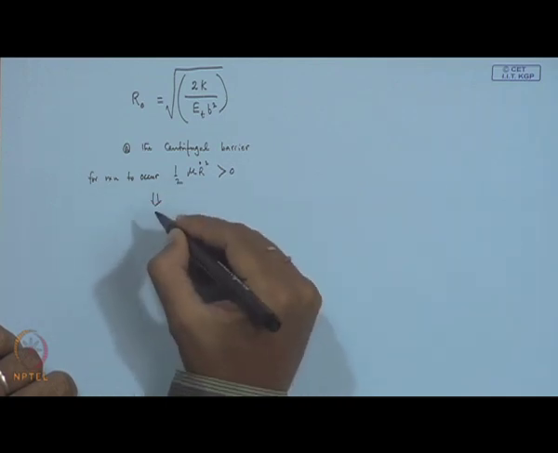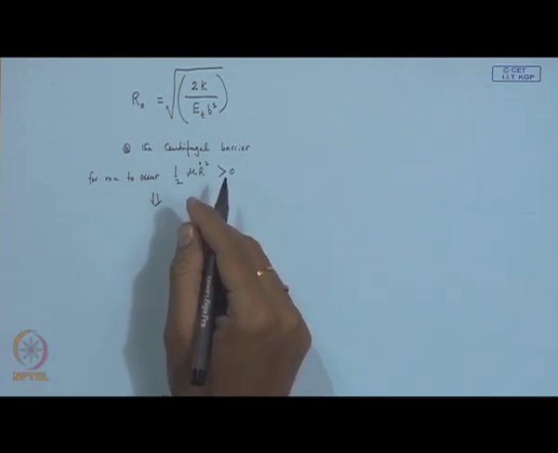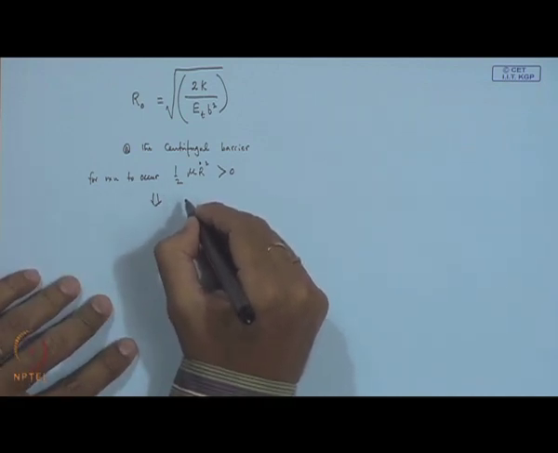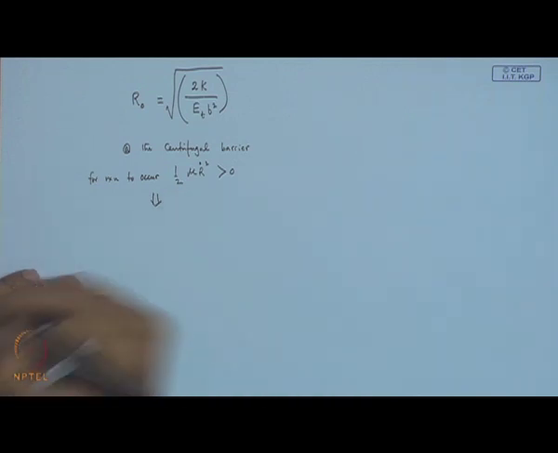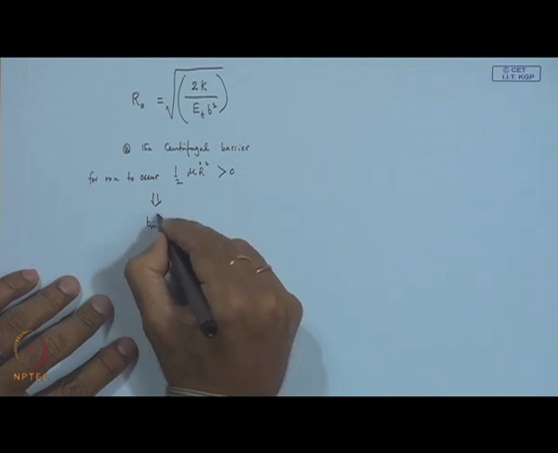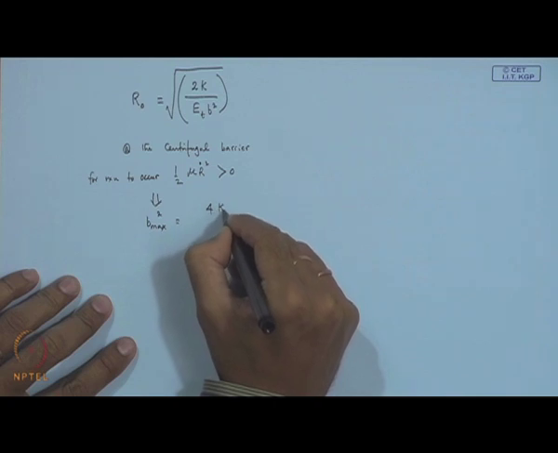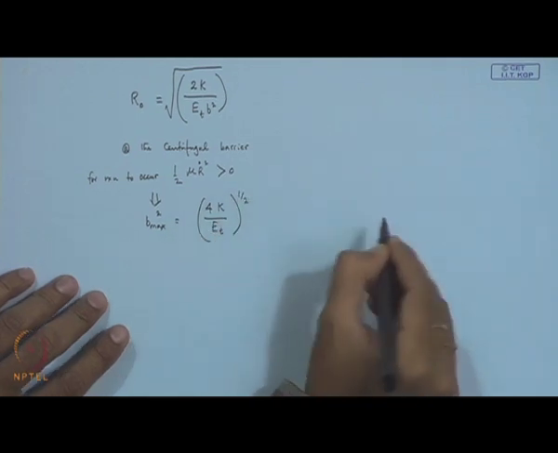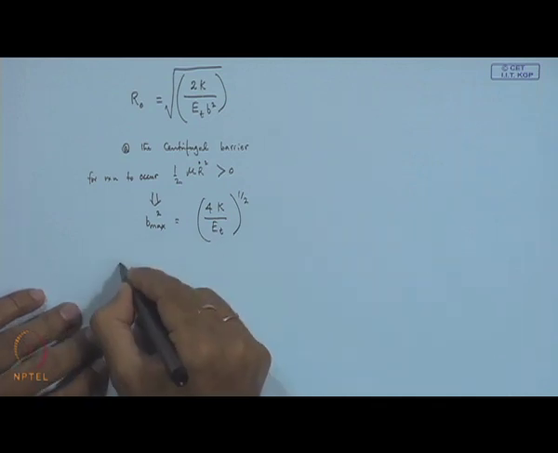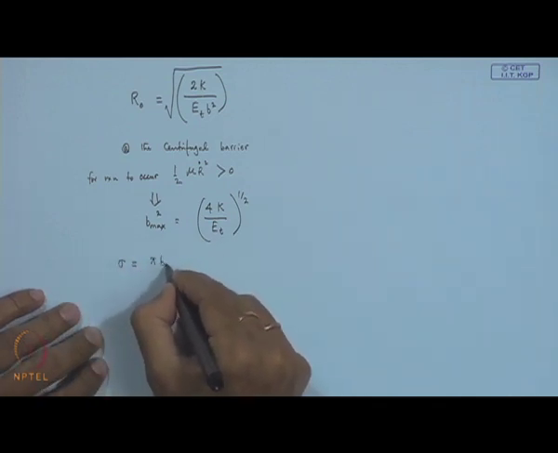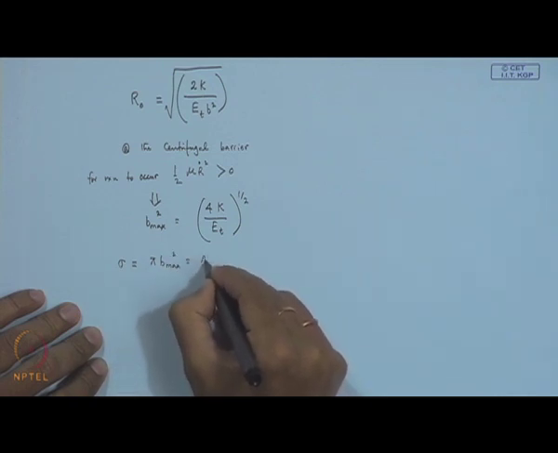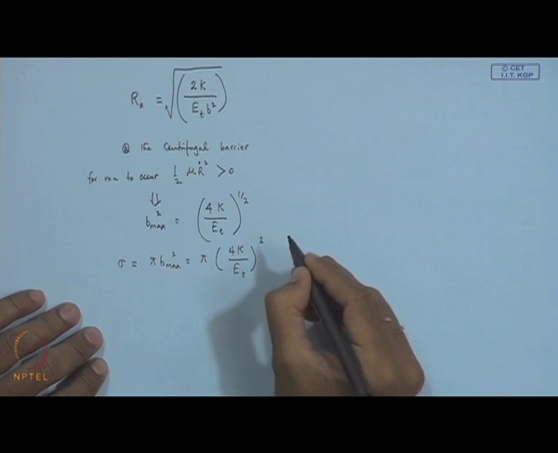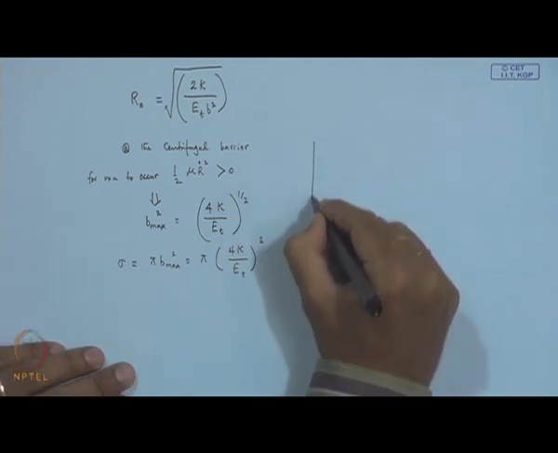Plugging in this information as we have done for the earlier case with a barrier, we get the expression for B max square, which becomes (4K by Et) to the power half, and so sigma is equal to pi B max square, which is equal to pi into (4K divided by Et) whole square. Now if we plot